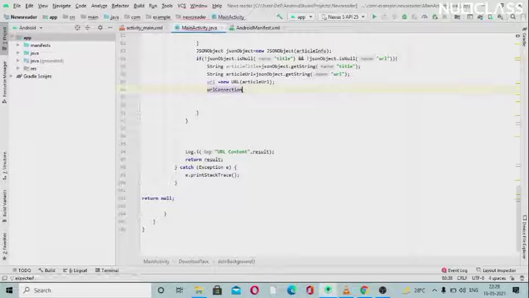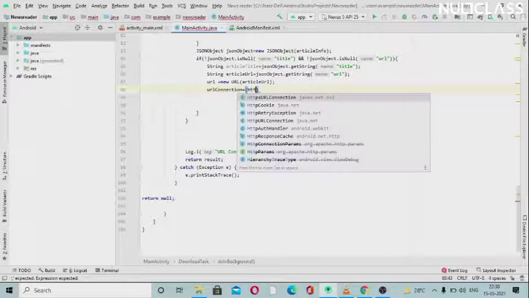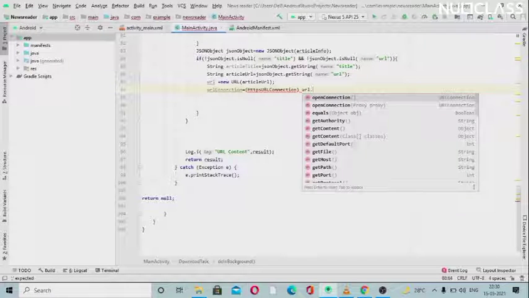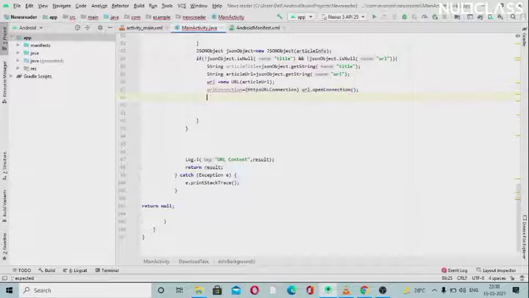So we can typecast that into HTTPS URL connection, and then we will just open the connection like we did before. Now we have opened the connection, then we will be using the input stream. We remember how we do that.